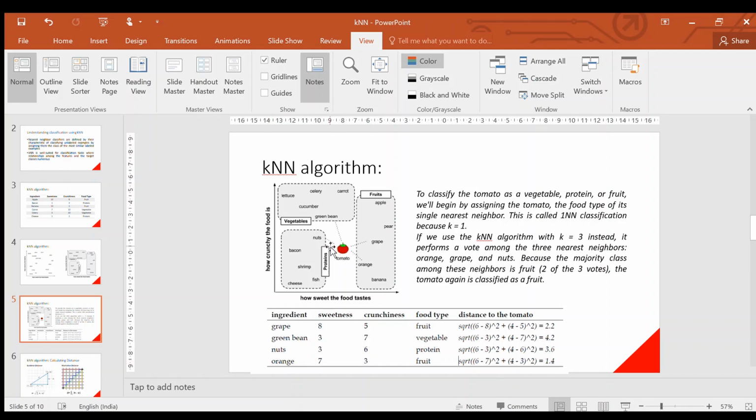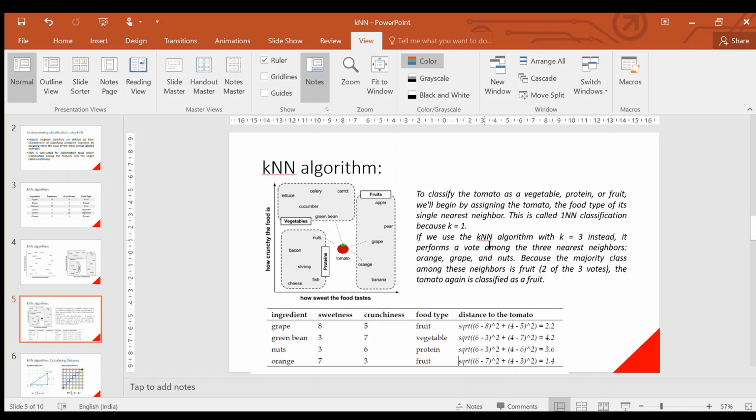Among the 3 neighbors, we take a vote on which label occurs the most. As grape and orange belong to the fruit group, they occur twice for k equals 3. Therefore we would still classify tomato as a fruit.